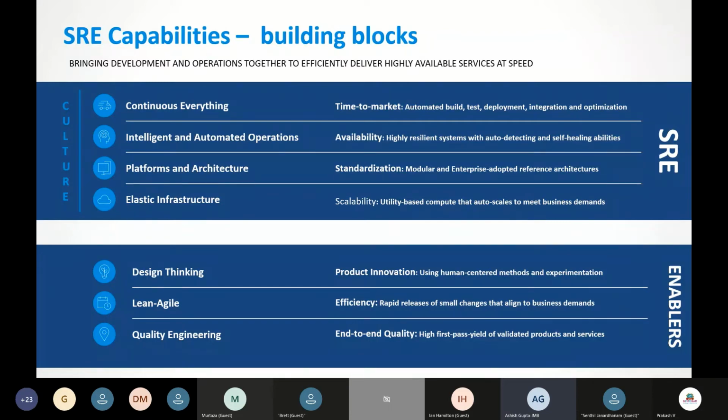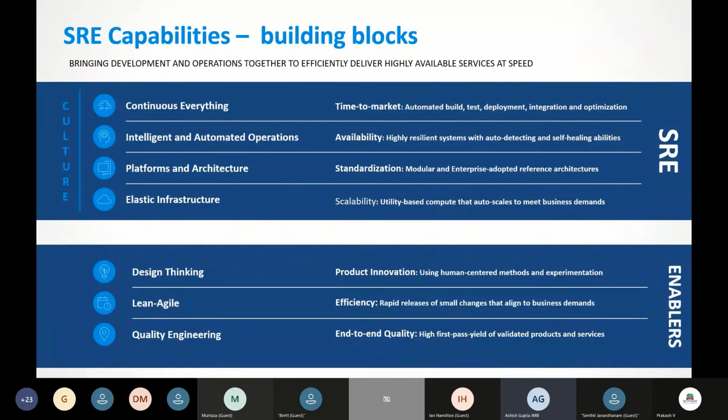Platforms and architectures. Typically, the earlier architectures followed across applications were very discrete. Now the focus is more on bringing in platforms. A platform is useful because for most of the things you need, you don't have to use discrete systems and then combine them. Using platforms and modular architecture, for example microservices, is an important building block for you to